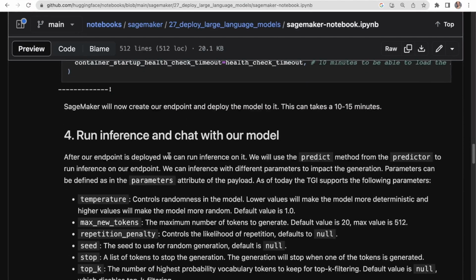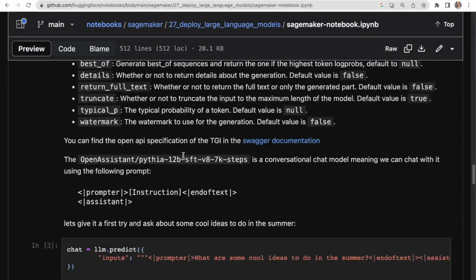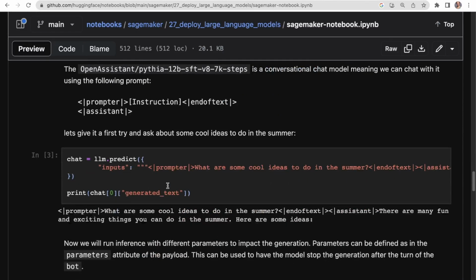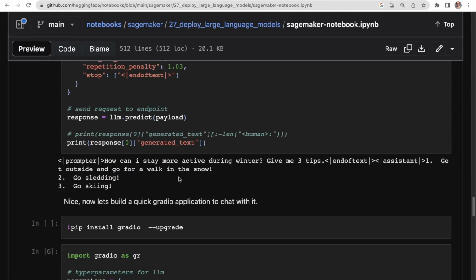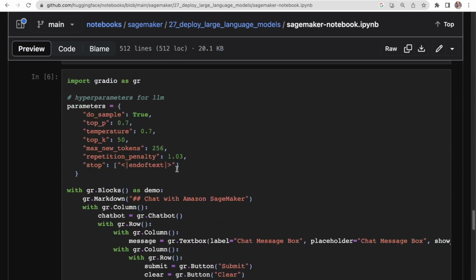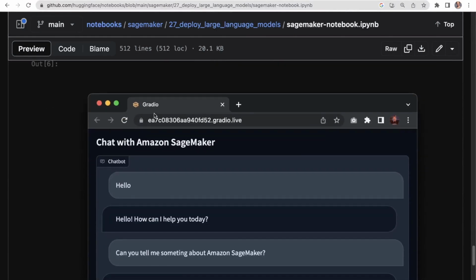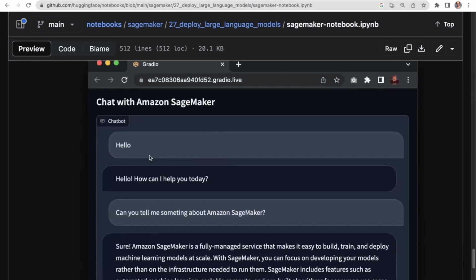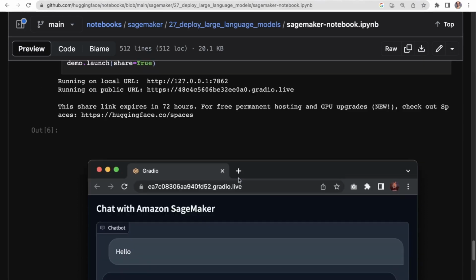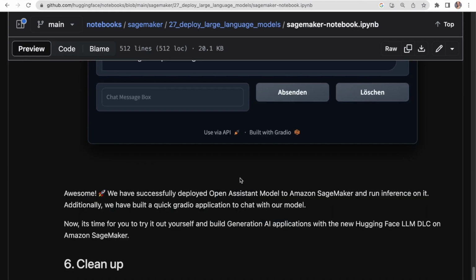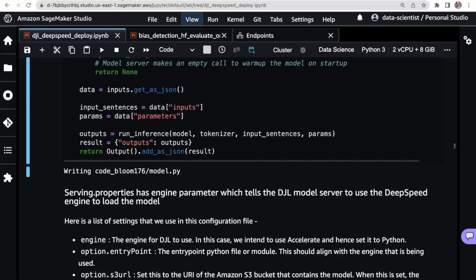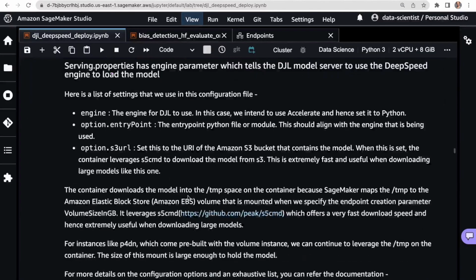and that's quite straightforward. It's fun too, they actually added this little chat here that lets you interact with it through a Gradio interface, which looks like this. So then you can actually chat with it in your notebook or locally, which is kind of fun. So that's nice. But let's go use our Bloom model.